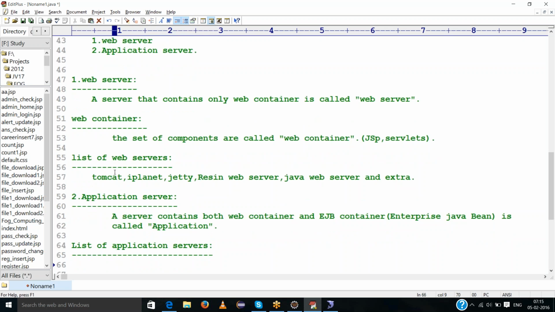Application servers are like Tomcat, GlassFish, JBoss, Sun One, WebLogic, WebSphere.